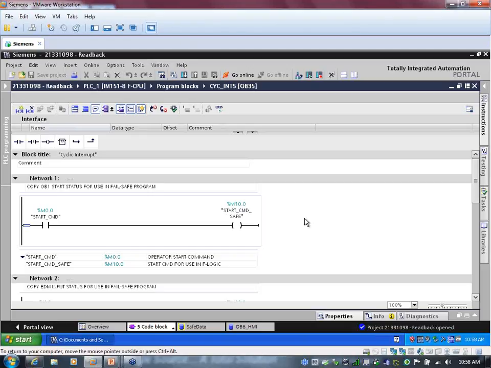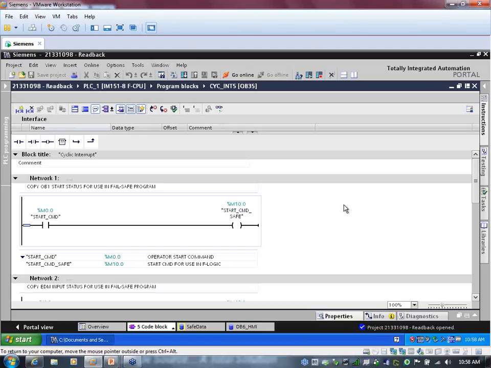The safety program is configured so that it needs to see consistent standard bits at the beginning and at the end. That's kind of a long way around the barn, but what it means is